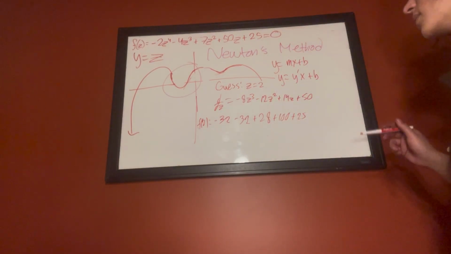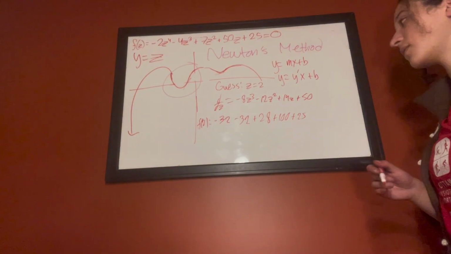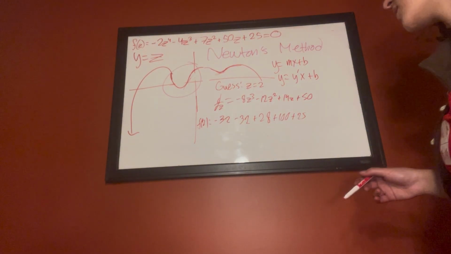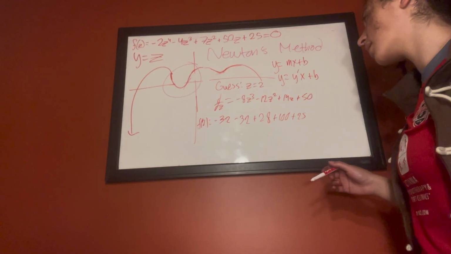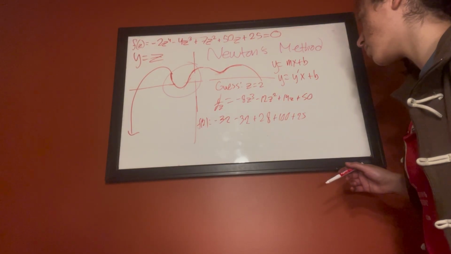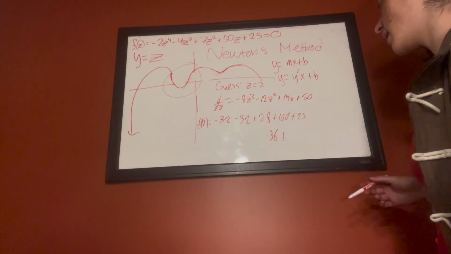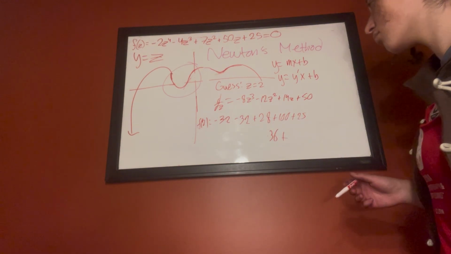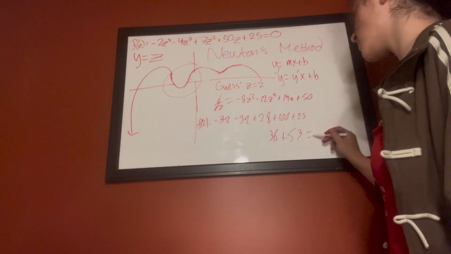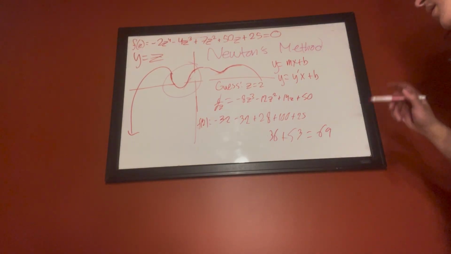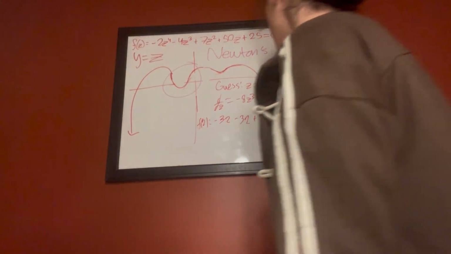is equal to 2 times minus 32, so that's minus 64, plus 100, so that's 36, plus what do I do? 36 plus 28 plus 25, that's like 53. Plus 53, that's just 69. So I have 69